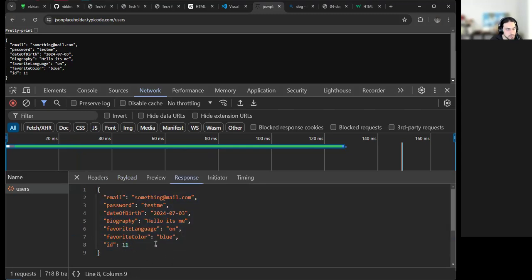Usually that's what happens when you create something new. It gives you an ID of that thing. And this is just all fake, but you got a user of ID 11 now. It's like your account number. Okay, and if you notice, color is blue,